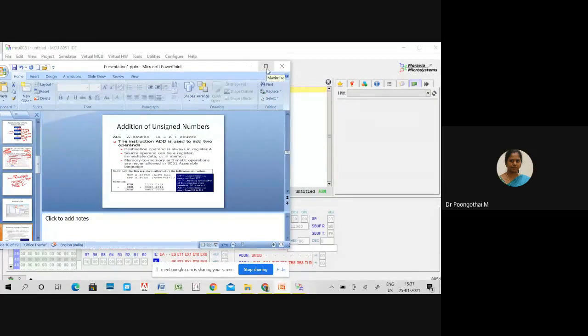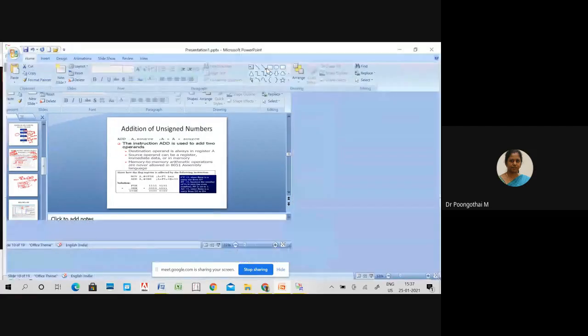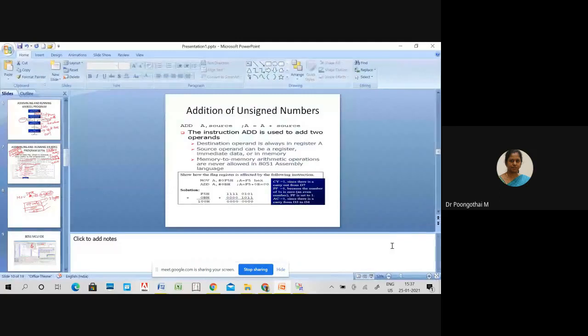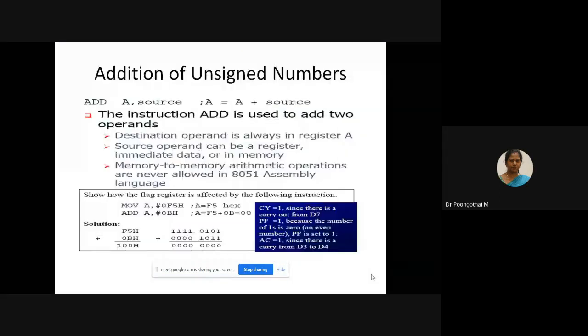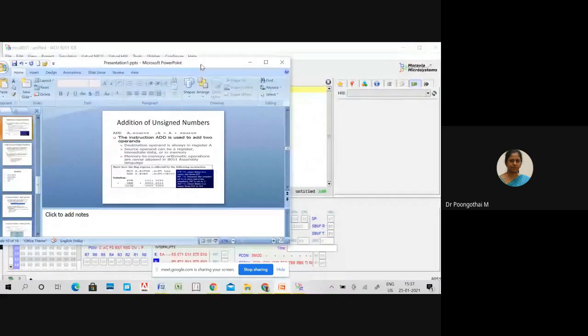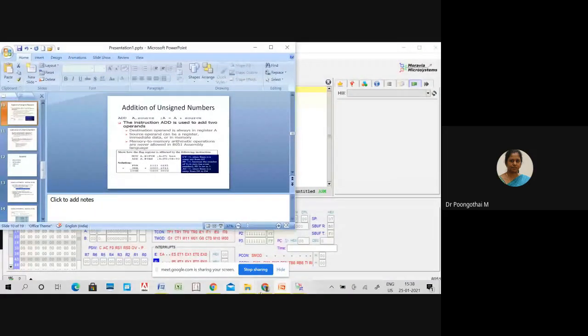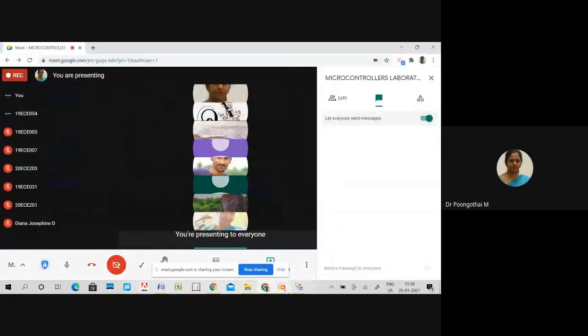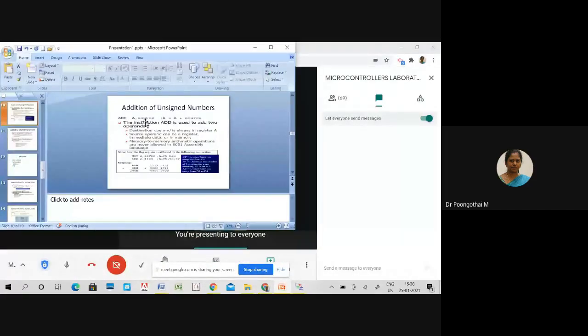So next we will do a simple addition program, that is unsigned addition. The given instruction is ADD A, source. What is the operation of this instruction?